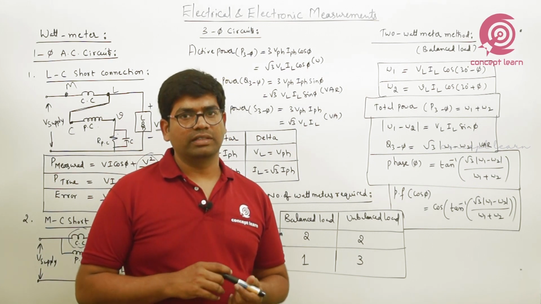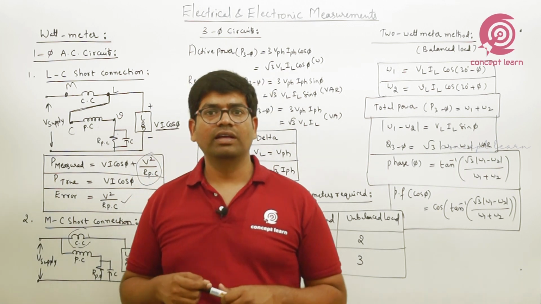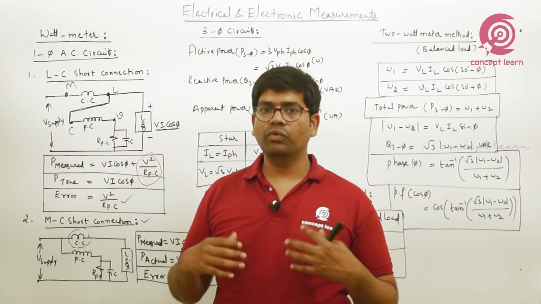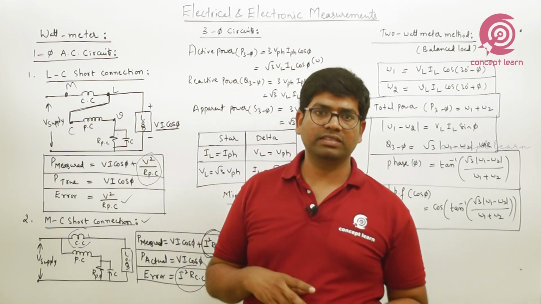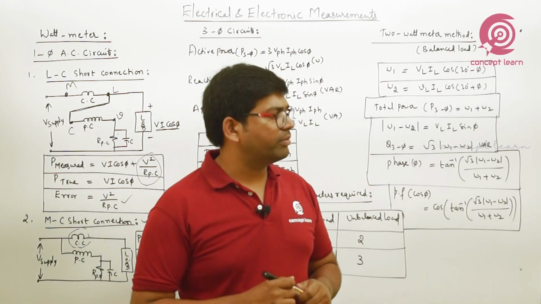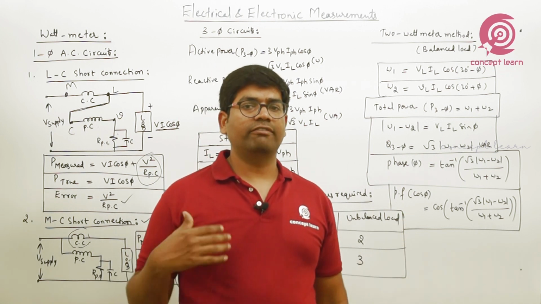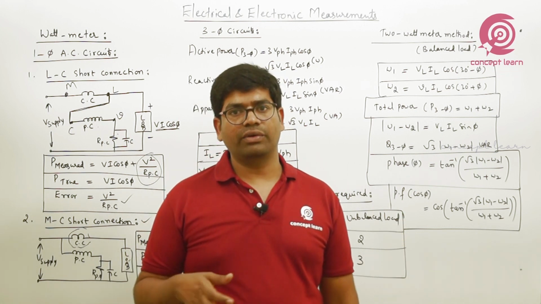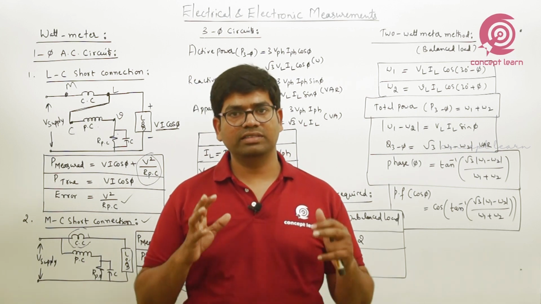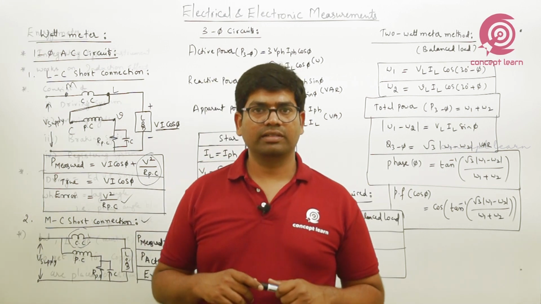So what is the important thing in wattmeter or measurement of power? In a single phase circuit, how the wattmeter reads when you place it in the circuit. When it comes to 3 phase, chances are more from the 2 wattmeter method, especially when we have different kinds of phase angles in the load or power factor, and how the wattmeter readings change. This is most important, especially for the 2 wattmeter method.